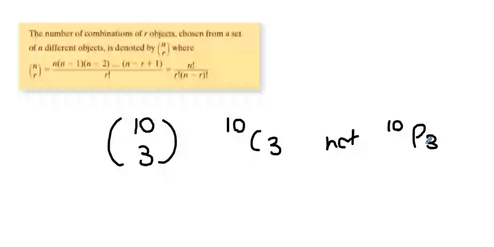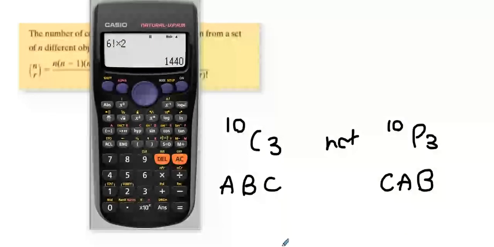Because 10P3 would count, imagine a committee of Anthony, Becky, and Carl, Carl, Anthony, and Becky as a different group, while it's clearly the same committee, just in a different order. So when I go to my calculator, I go 10 and I go C